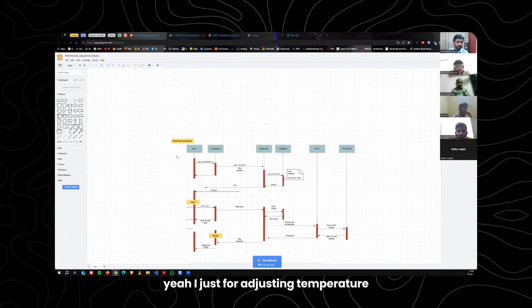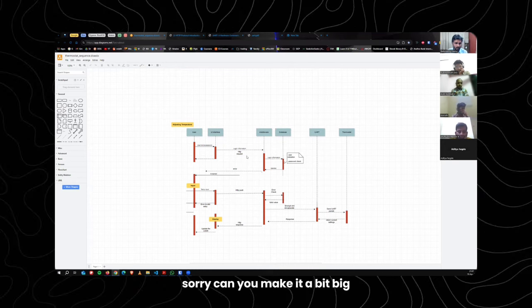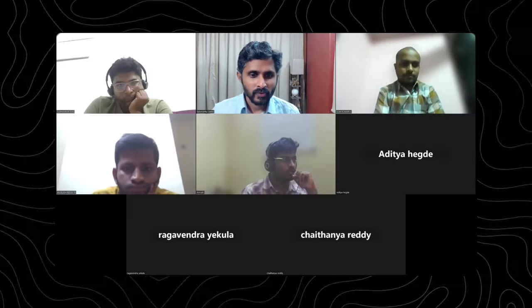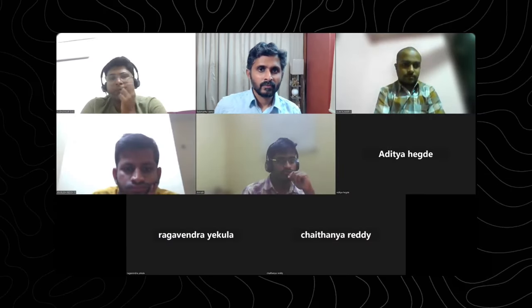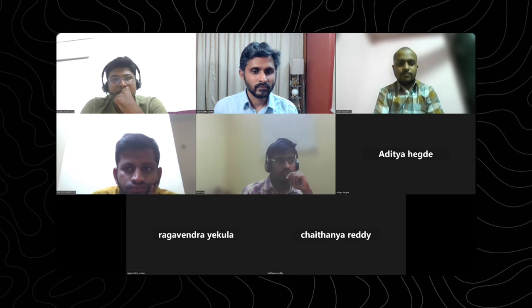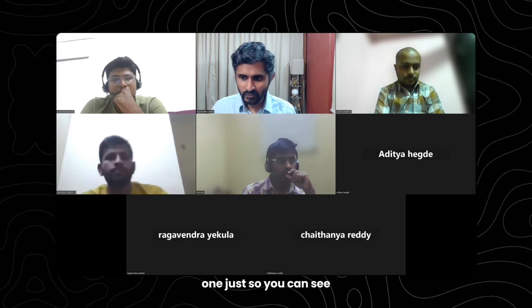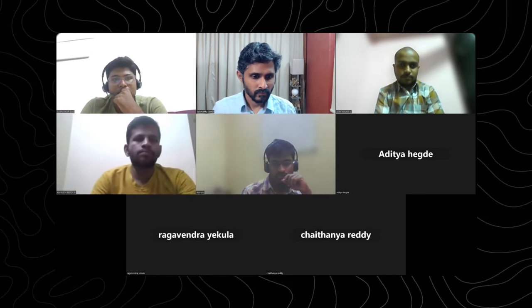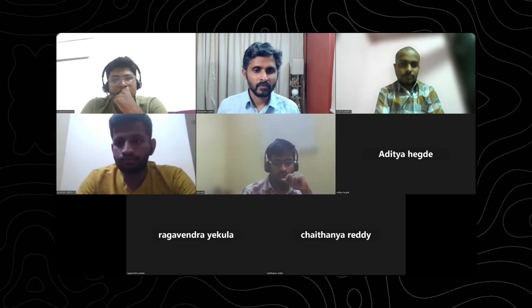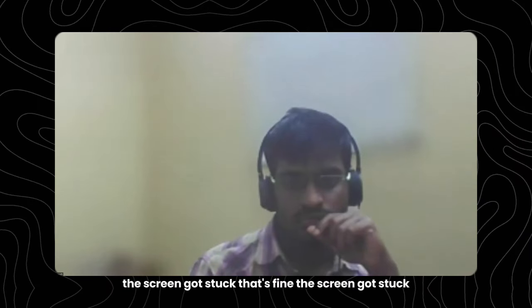I just drew this for adjusting temperature as a use case. Can you make the sequence diagram a bit bigger? Okay. The screen got stuck.